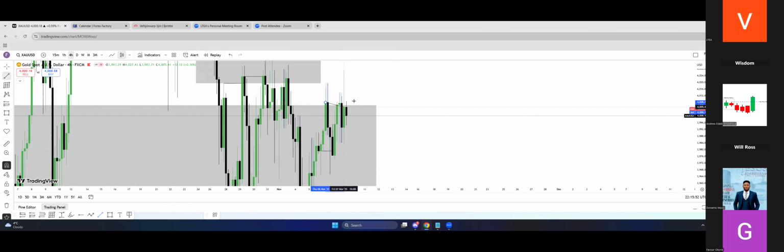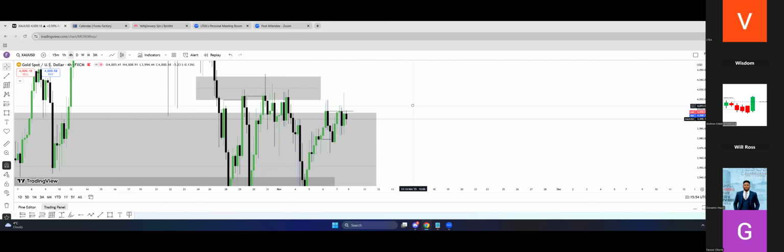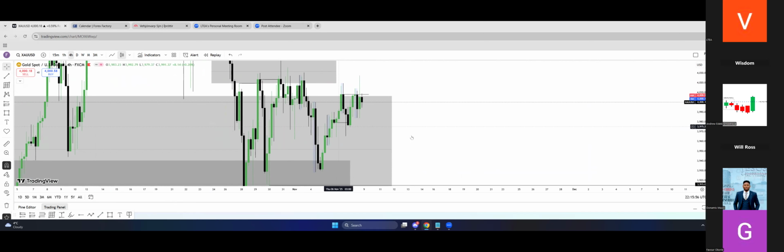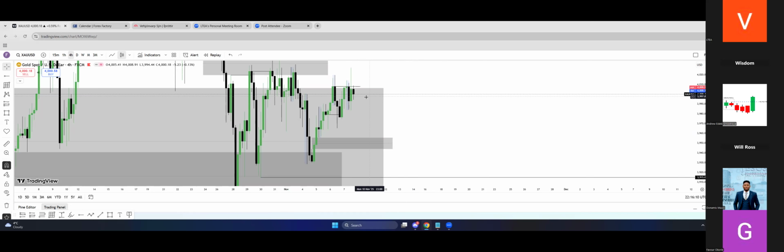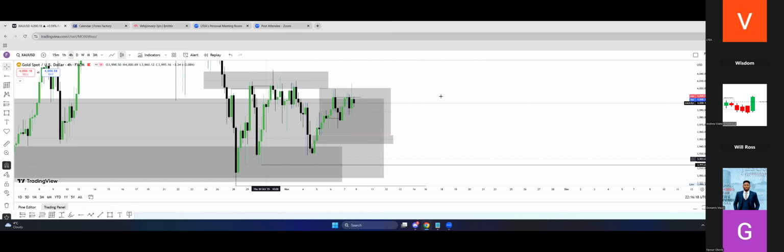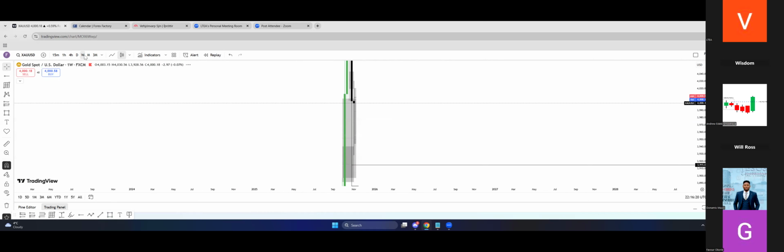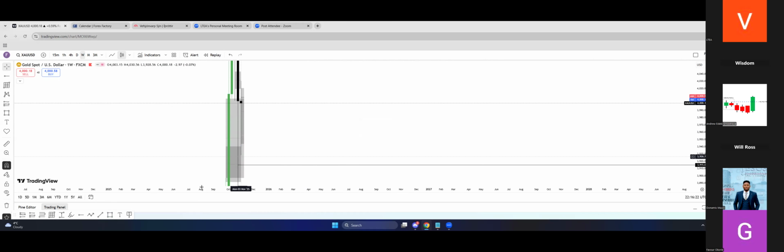Any valuation of this high, but I think price is going to violate it either way because looking at this overall, price now wants to trade back into this level. This inefficiency right here, before price wants to start moving, because actually all of these are just liquidity right now. In this area. Let me see where the weekly low is. Here is the weekly low, previous week low, and previous week high.